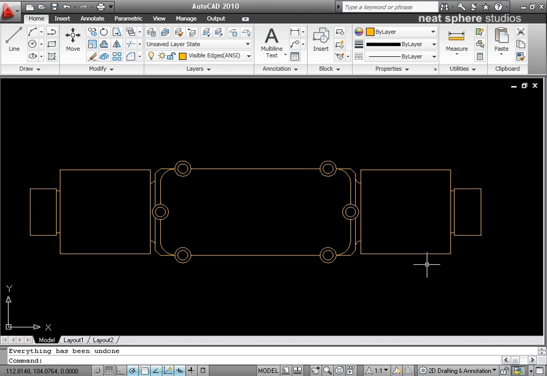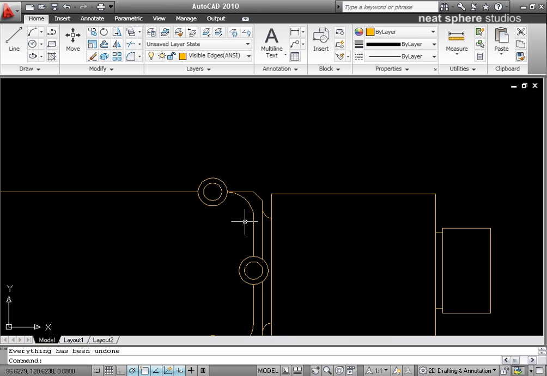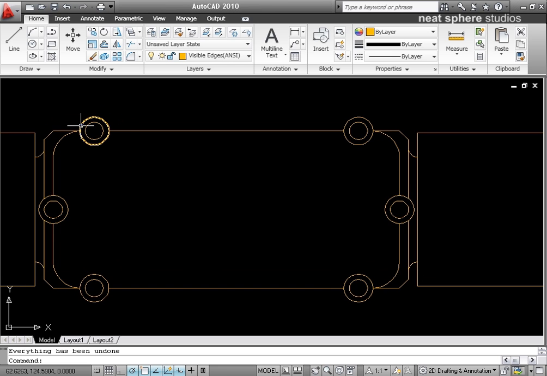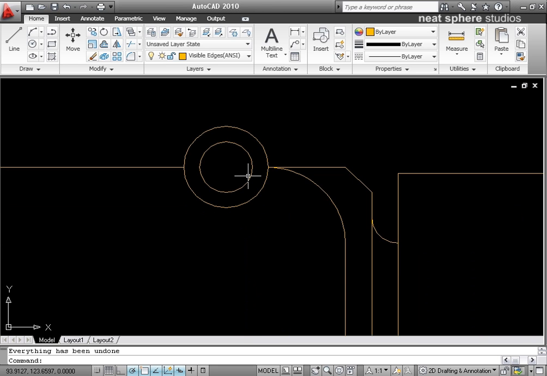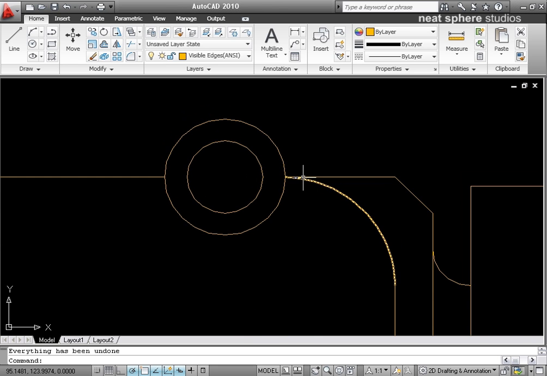In our next example, we're going to talk about how to create blends between one surface and another, also known as fillets. So what I'll do is we'll come into this drawing that we've got here, and what we need to do is to add some fillets into these sections just here and here. And really I can probably just show this example with just one of them. So I want to create some fillets around here, and I probably want to blend this section in a little bit more. That's a little bit odd, it just comes into one point